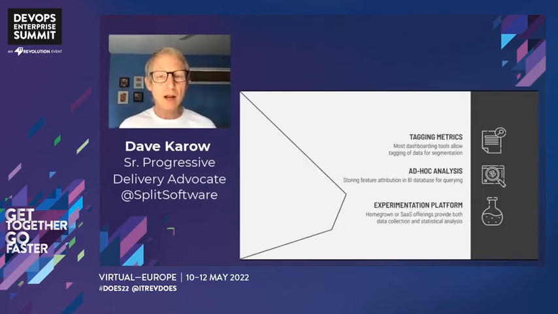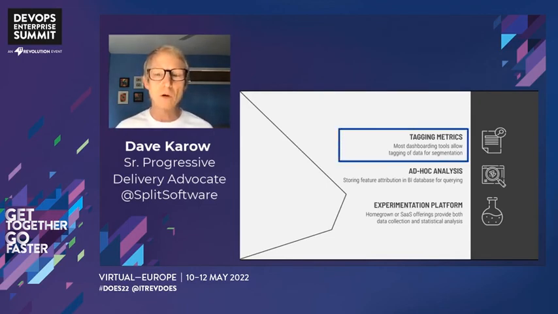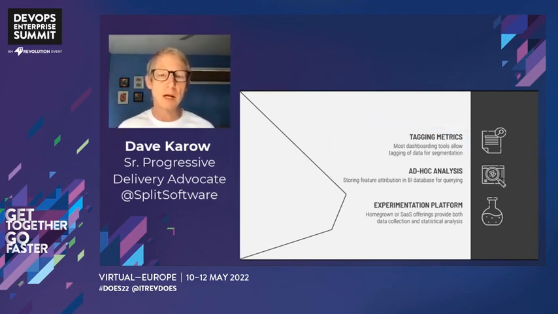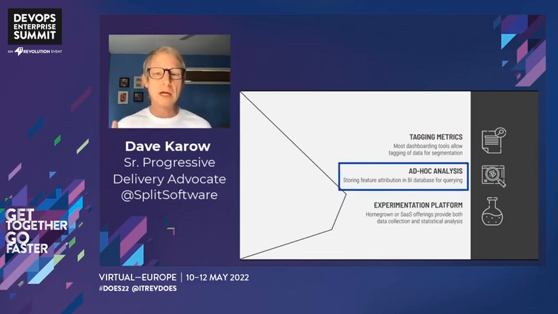So a lot of teams in modern apps, there are many ways to achieve this comparative analysis, right? And most modern teams have a lot of telemetry coming in from their systems. They've got a lot of data, and dashboarding tools have the ability to tag, right? So you can tag data from different releases as they're passing through, different experiences that are happening, and you can segment that way, and it's powerful, it's useful. Some teams have more than that. They've got sort of their in-house analysis